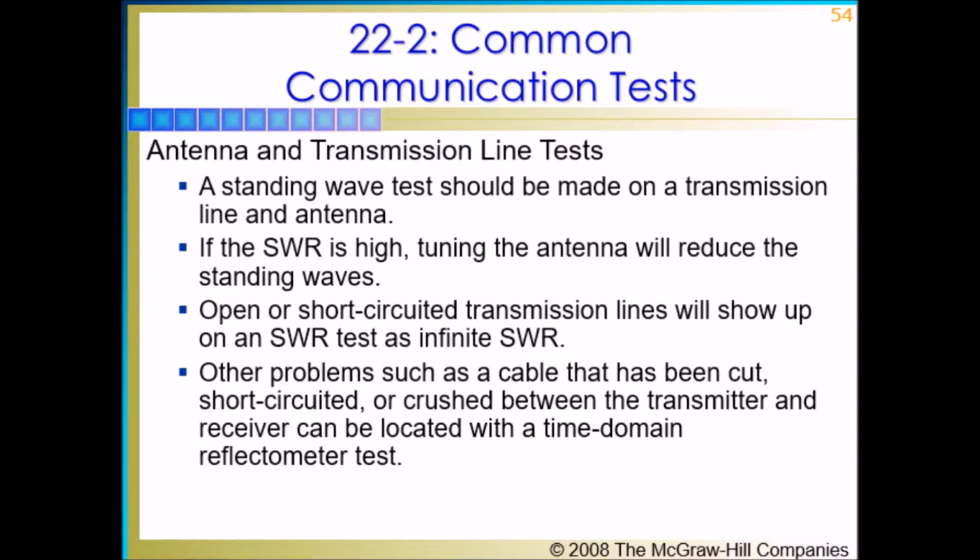Antenna and transmission line tests. If the transmitter is working correctly and the antenna has been properly designed, about the only test that needs to be made on the transmission line and antenna is for standing waves. It will tell you whether any further adjustments are necessary. If the standing wave ratio is high, you can usually tune the antenna to reduce it. You may also run into a transmission line problem. It may be open or short-circuited, which will show up on a standing wave ratio test as infinite standing